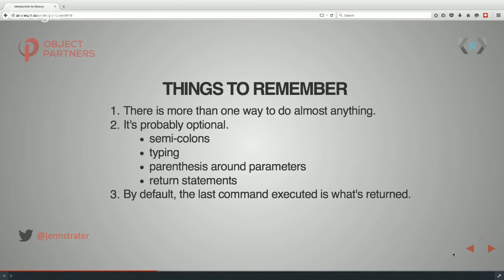Also, it's probably optional. So Groovy makes things like semicolons optional. You don't have to type your variables. You can use optional typing. You don't even have to put parentheses around your parameters if you have a simple print line, we'll show how that works. Another important thing is that the return statements are optional. It's going to, by default, return the last command that was executed. So whether you're in a function, whether you're just in a script, that last thing is what's going to be returned.